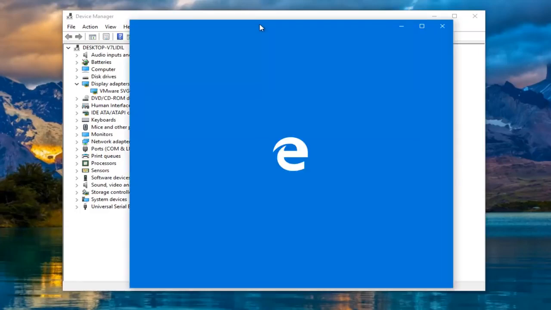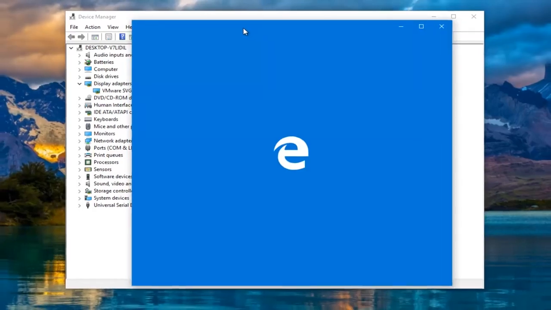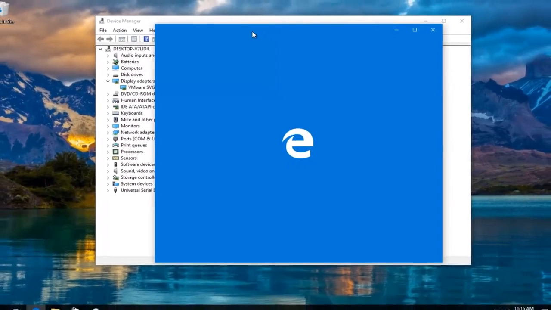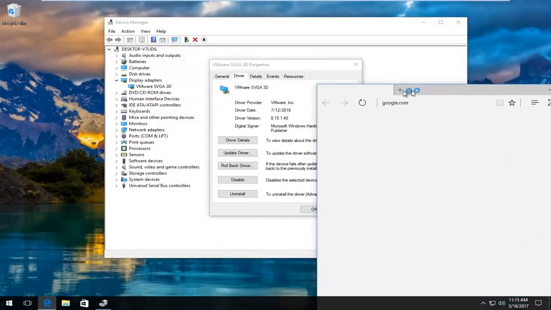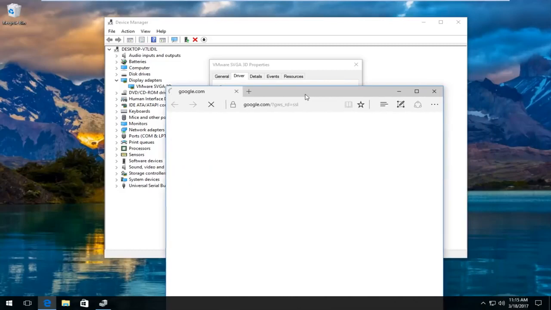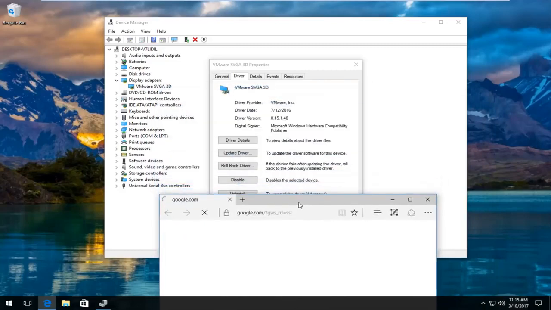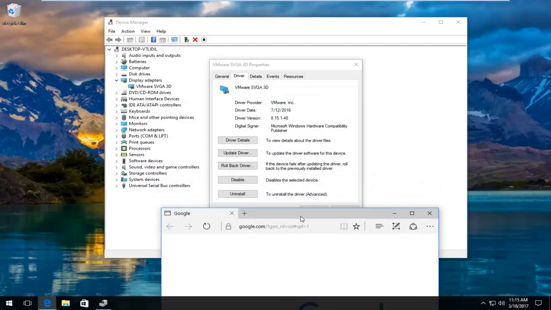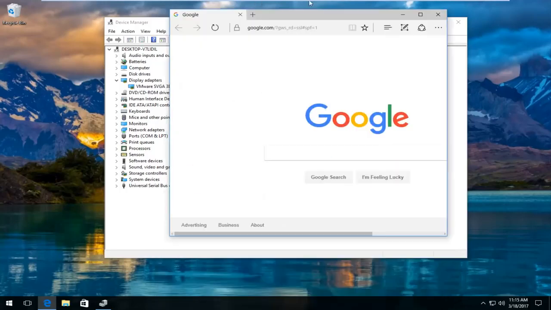I'm just going to open up Microsoft Edge in my case. Depending on what kind of display adapter you're using, the name of the display adapter would be right here, and it would also be in the Device Manager window as well. You'd want to Google or Yahoo search, whatever search engine you want, it doesn't really matter, but if we go off of Google here, we want to type in